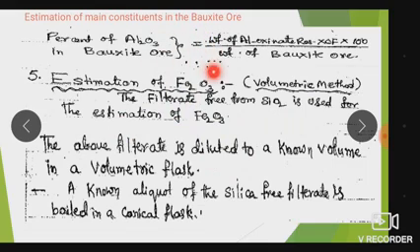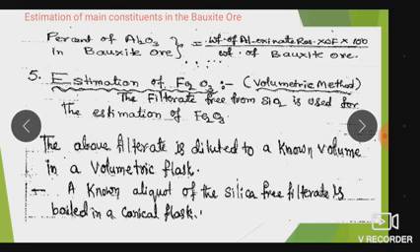It is a gravimetric method. Al2O3 is estimated by the gravimetric method and Fe2O3 is estimated by means of the volumetric method. The filtrate free from SiO2 is used for the estimation of Fe2O3. The above filtrate is diluted to a known volume in a volumetric flask. A known aliquot of the silica-free filtrate